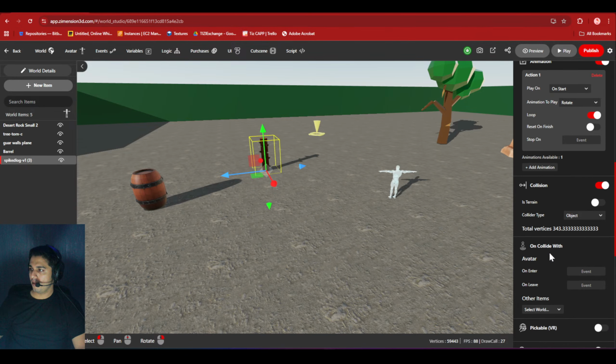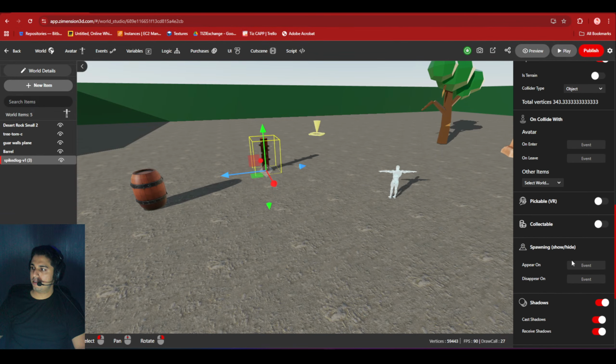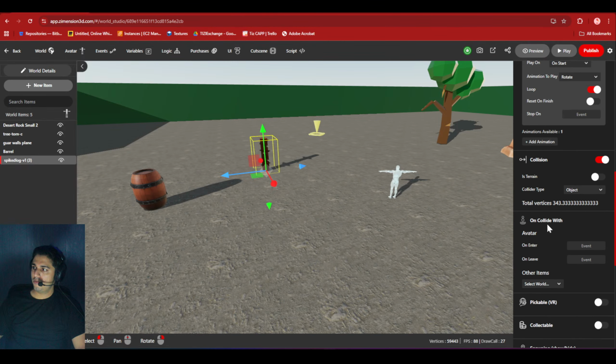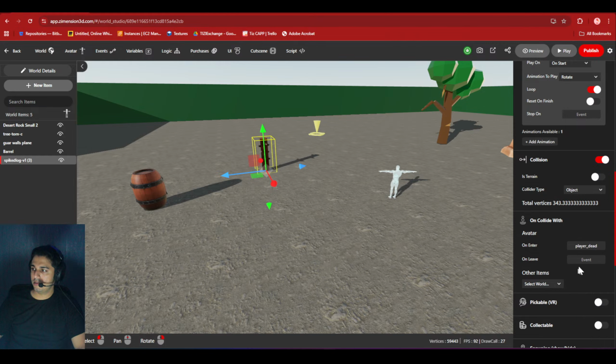For that interaction, you just have to go in on collide with. And here, when my avatar enters this particular spike bounding box, the player will die. So this will trigger a default event which will make my character die.